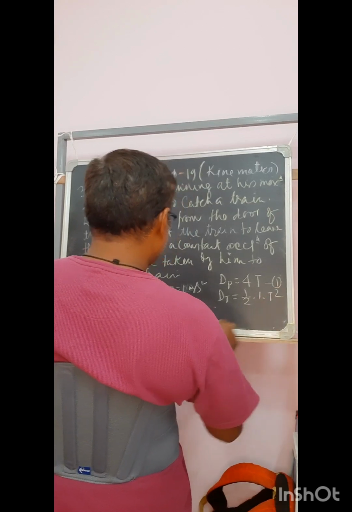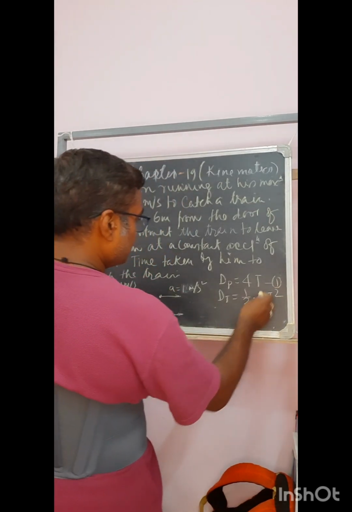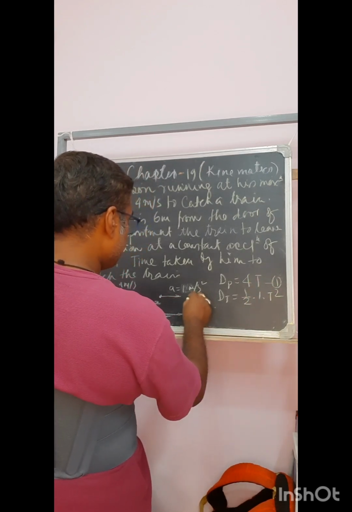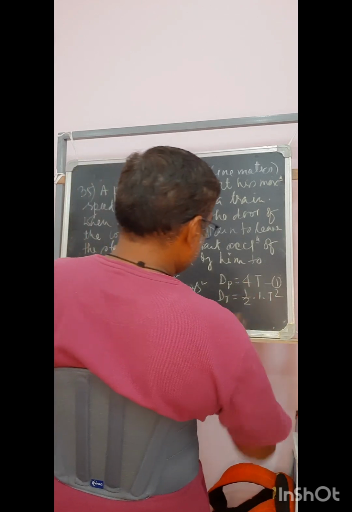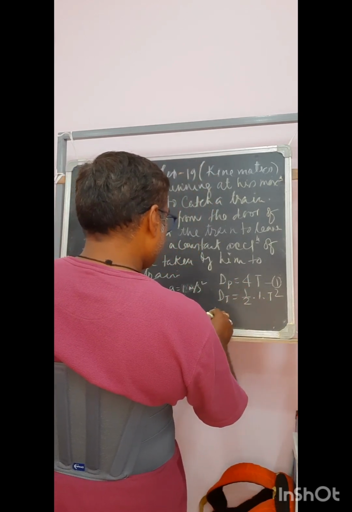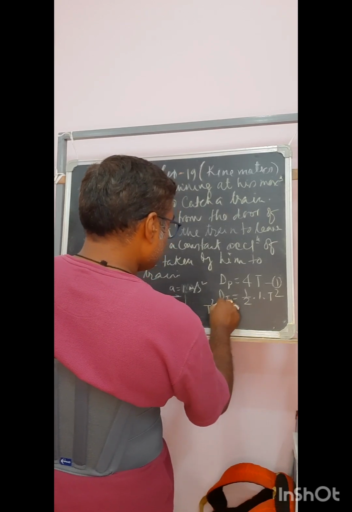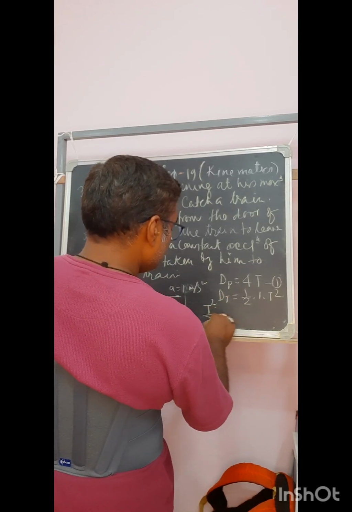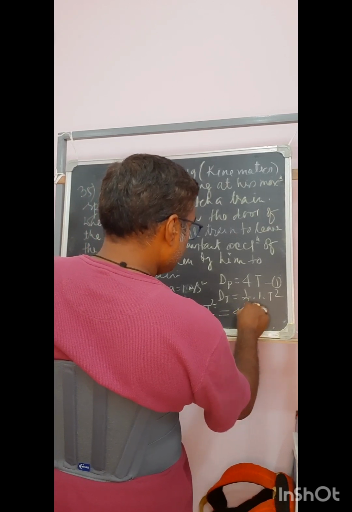The time taken is the same, because we are assuming the person catches the train at the same point where both reach at the same time. So from these two we can say that t square by 2 equals 4t,